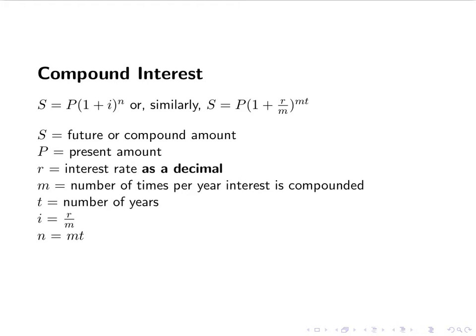R is the interest rate as a decimal. So you're going to be given it as a percentage. Make sure you change it to a decimal, which just means moving the decimal point 2 places to the left. M is the number of times per year interest is compounded. T is the number of years, and then as I mentioned before, i is just r over m, and n